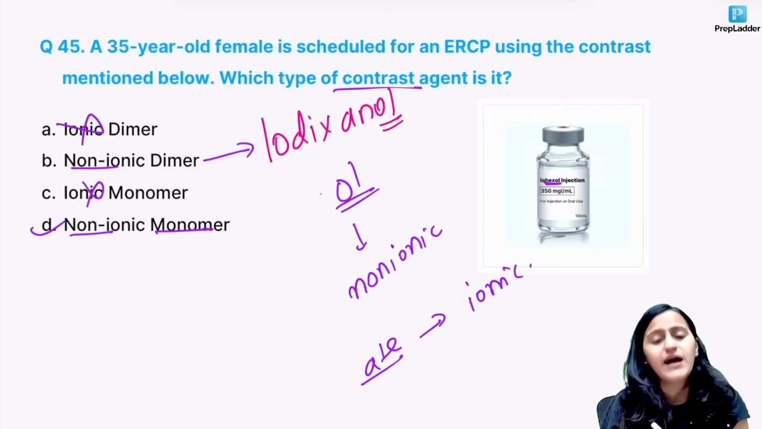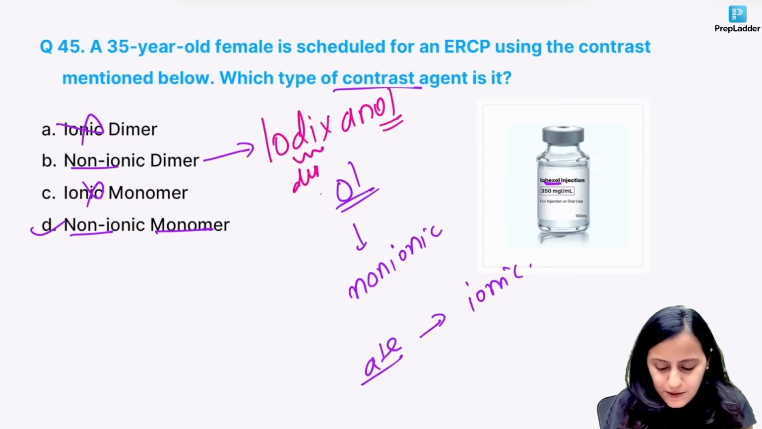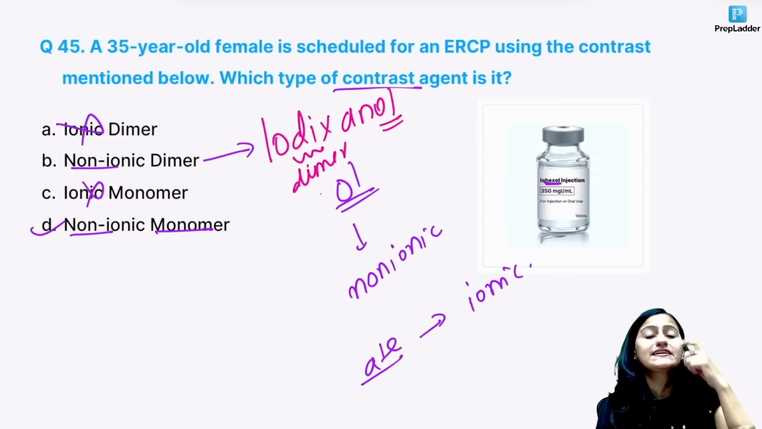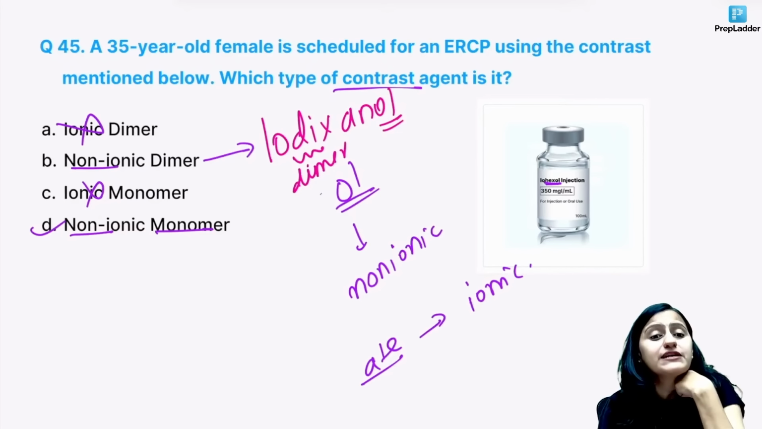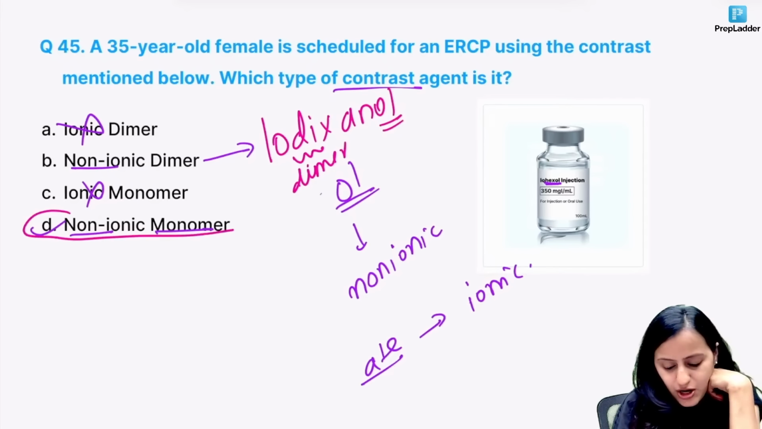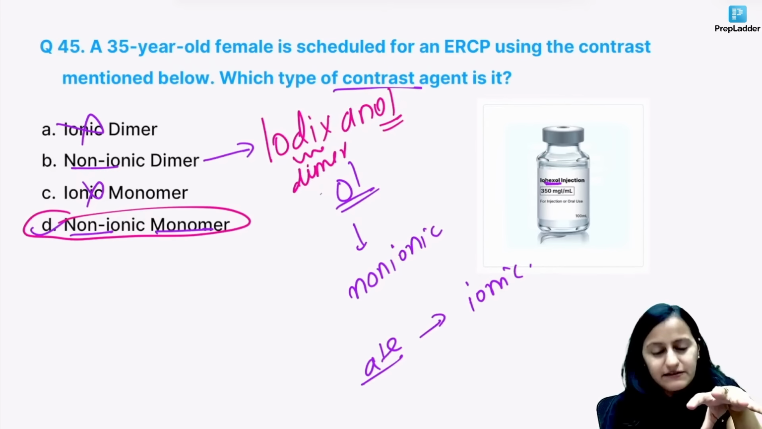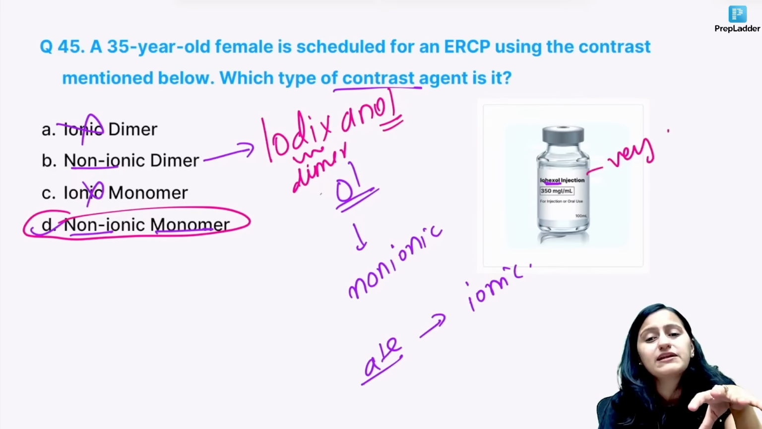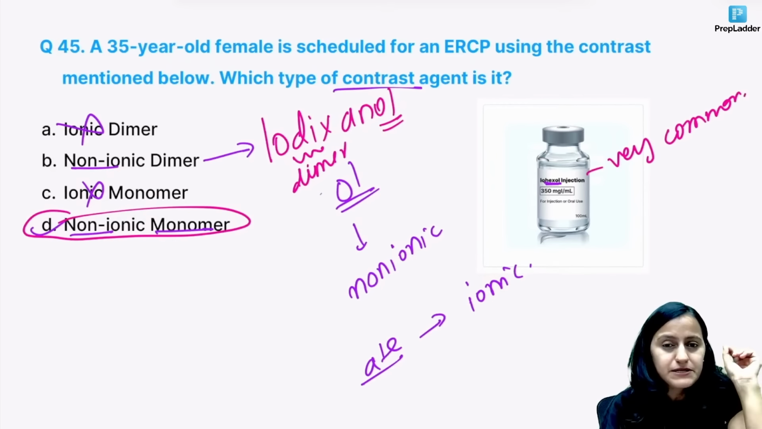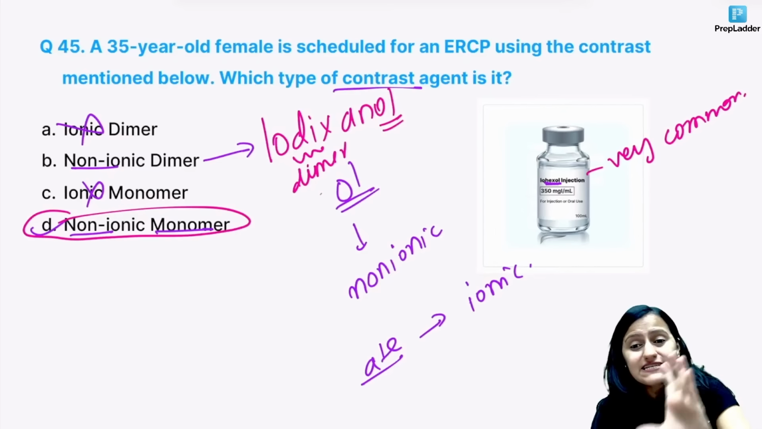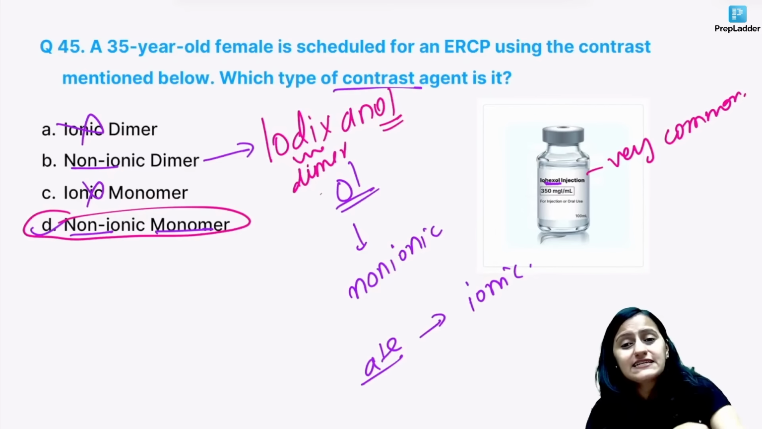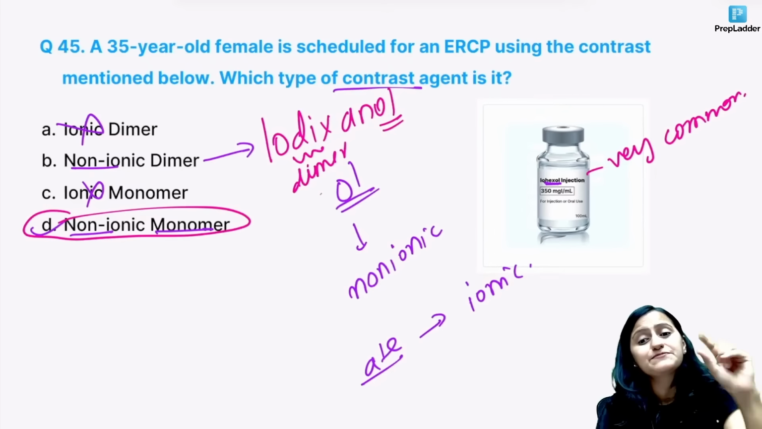Iodixanol. Non-ionic, and remember di, which is a dimer. Okay, that is the only non-ionic dimer, iodixanol. This is a non-ionic monomer, which is low osmolar, so comparatively safe, and it is very commonly used iodinated contrast medium. Okay, I'm not discussing the details of the iodinated contrast media classification, osmolality, that has been discussed in our